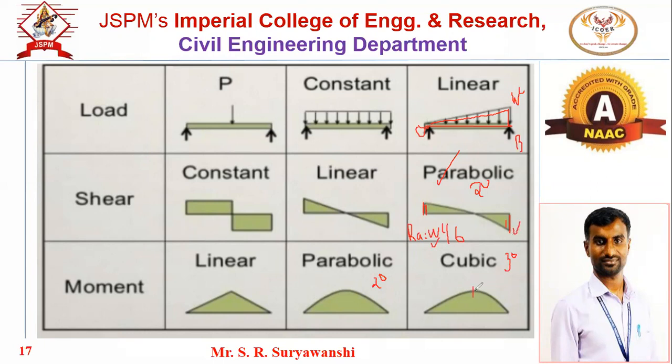And the maximum bending moment is WL square divided by 9 into root 3. So generally we need these first two standard cases. If there is a numerical in the examination on this triangular load, you can find out the reactions by applying the static equations, or else remember this formula: WL by 6, WL by 3, and WL square by 9 root 3.